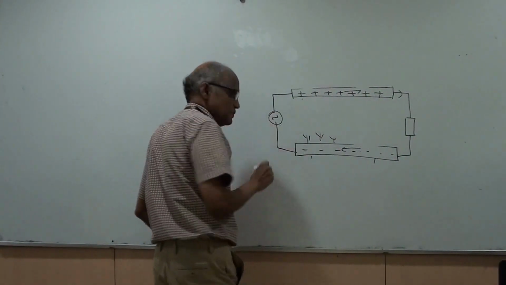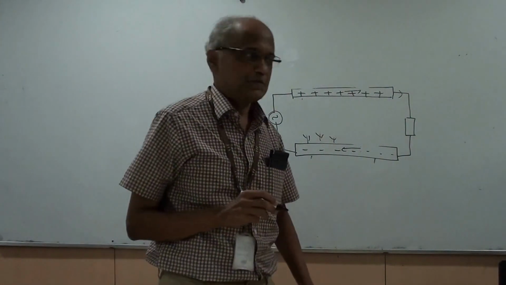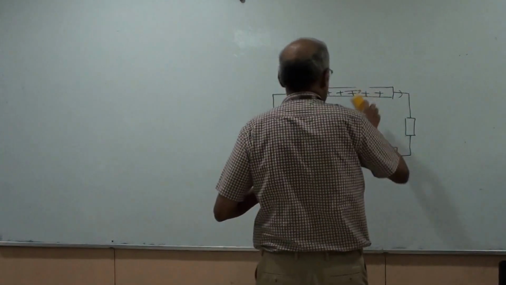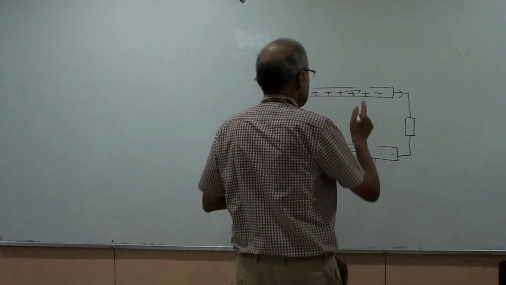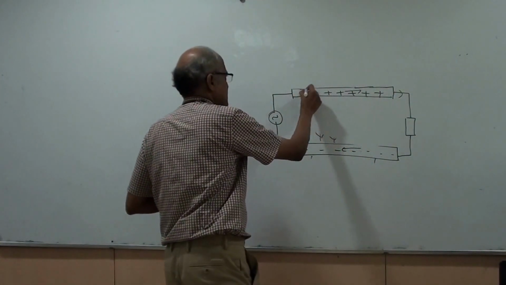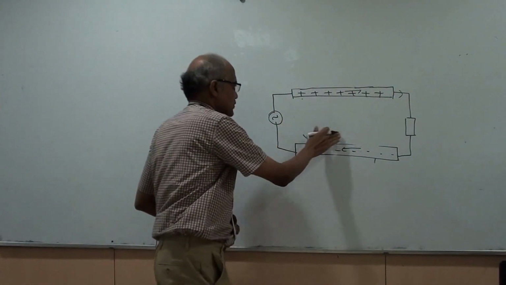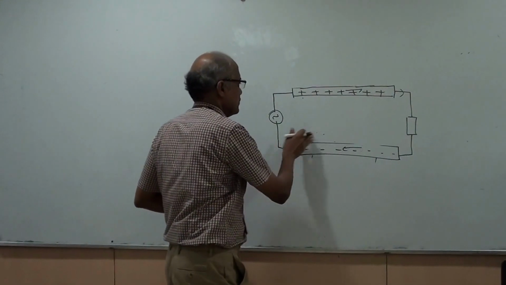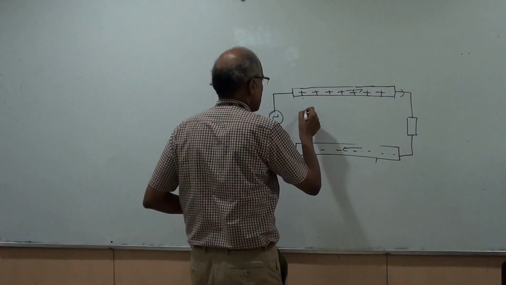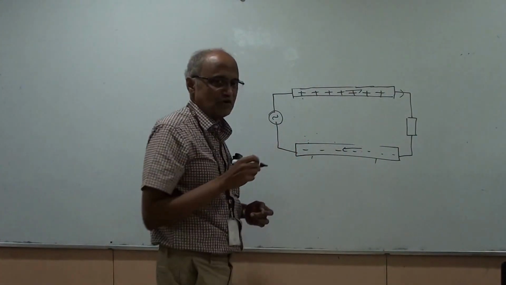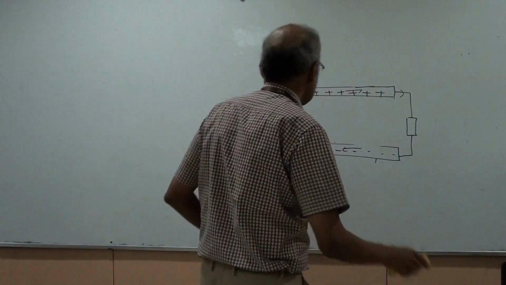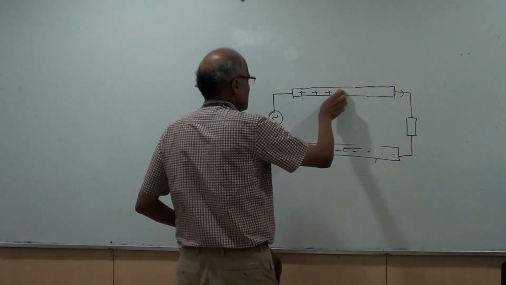And let us assume for the moment that the load is a pure resistance. When I apply the field, it will change direction. Now at t equal to 0, we assume that this is the polarity of the electric field, and the polarity of the magnetic field will be such that the current will be in this direction, and the magnetic field, as shown in the figure, will be from left to right.